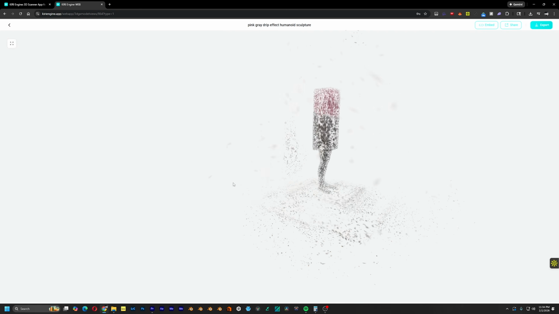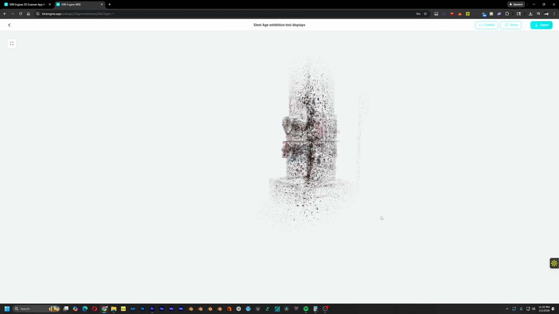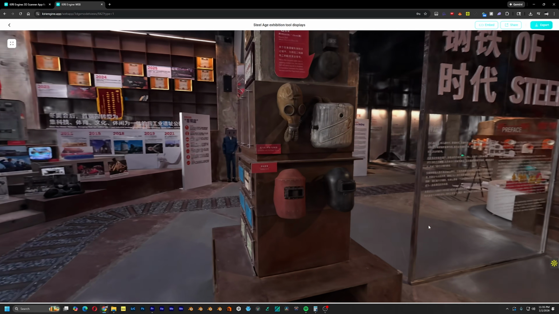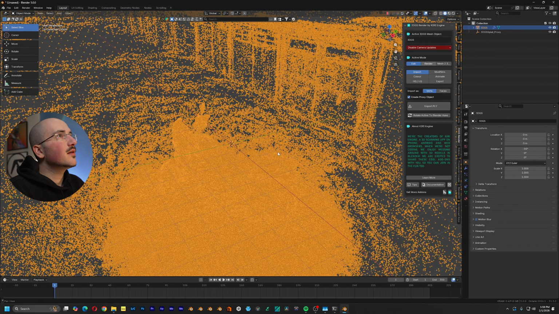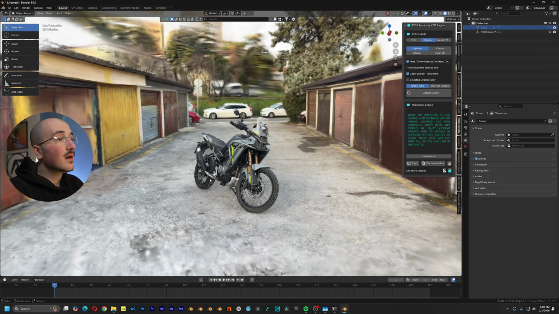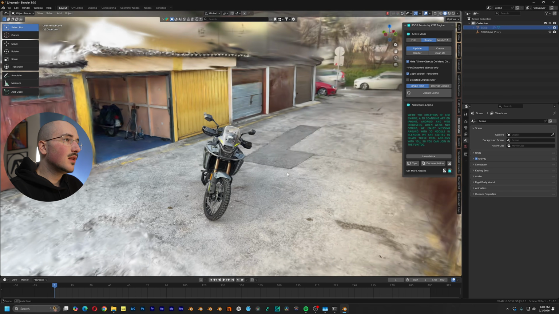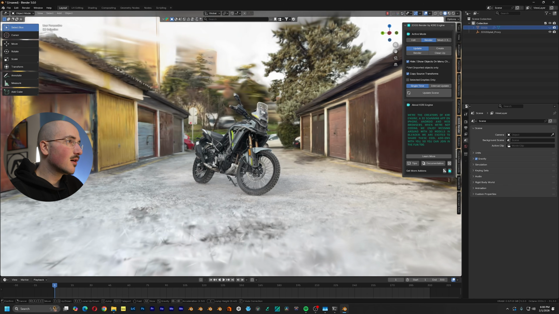So import the ply file. I also got this file from KIRI Engine. If you want to play around with Gaussian splats and you don't have any of your own, just go to KIRI Engine. There's a library of free splats that you can download and just have fun. Okay, so now we're importing the splat. Go hit render. And now you can see we have the splat inside Blender, and the performance is great compared